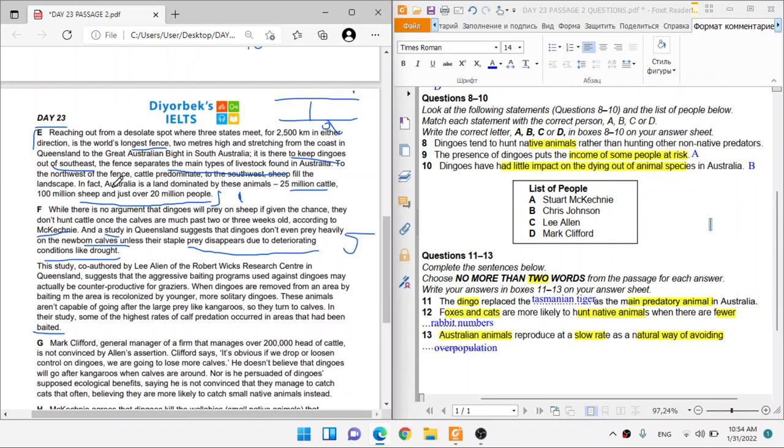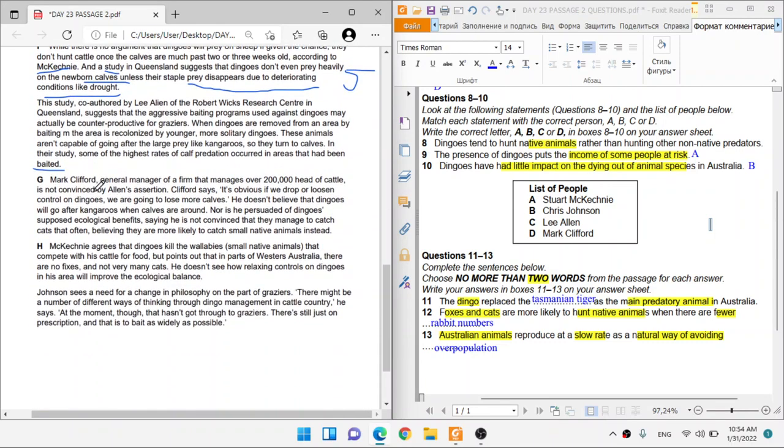Mark Clifford, a general manager of the firm, is not convinced by Allen's assertion. Clifford says, it's obvious that if we drop or loosen control on dingoes, we are going to lose more cows. He's just saying, if we don't control them, they eat more cows. He does not believe that dingoes will go after kangaroos when cows are around. Nor is he persuaded dingoes